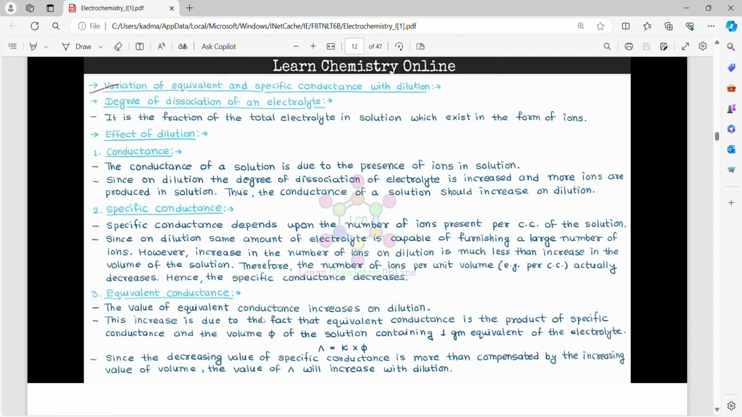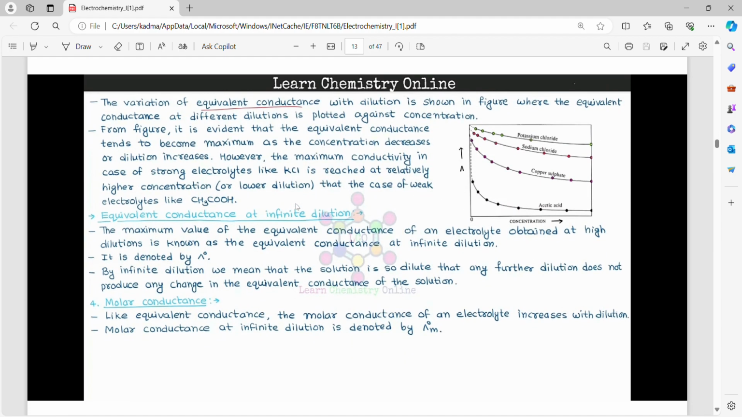Equivalent conductance. The value of equivalent conductance increases on dilution. This increase is due to the fact that equivalent conductance is the product of specific conductance and volume φ of the solution containing 1 gram equivalent of the electrolyte. Since the decreasing value of the specific conductance is more than compensated by the increasing value of volume, the value of Λ will increase with dilution. The variation of equivalent conductance with dilution is shown in the figure, where the equivalent conductance at different dilutions is plotted